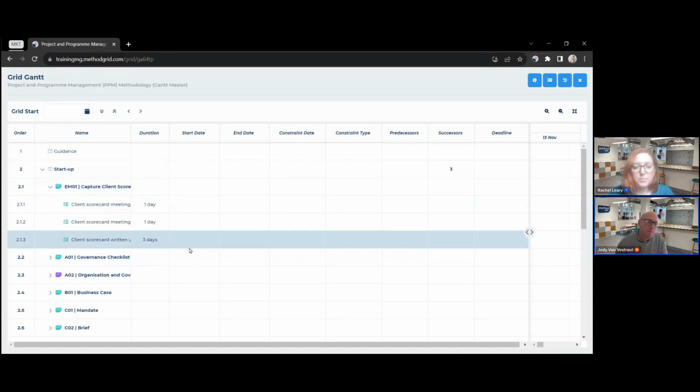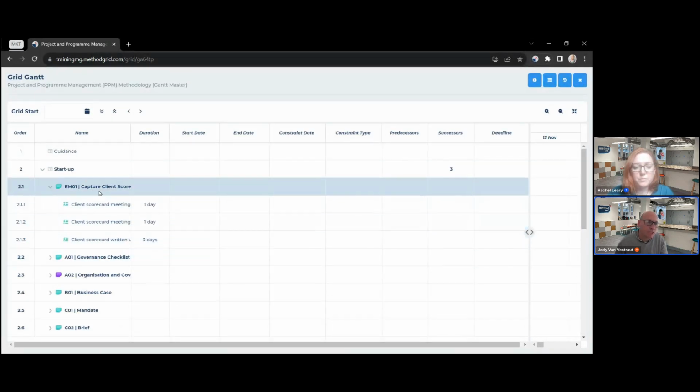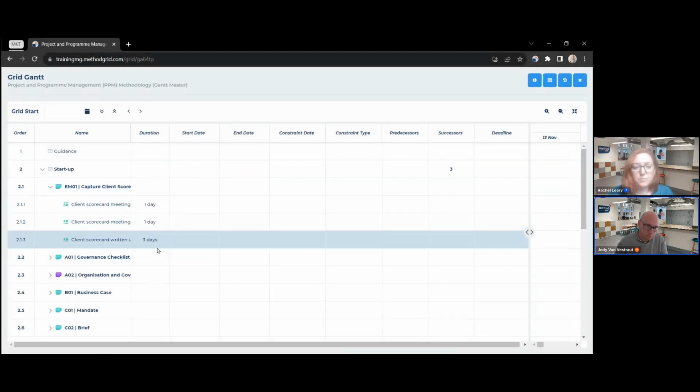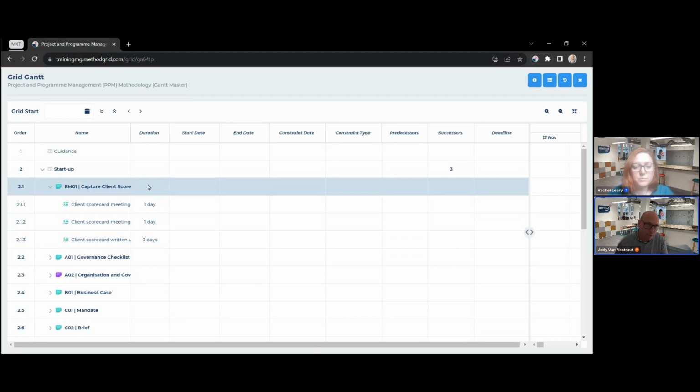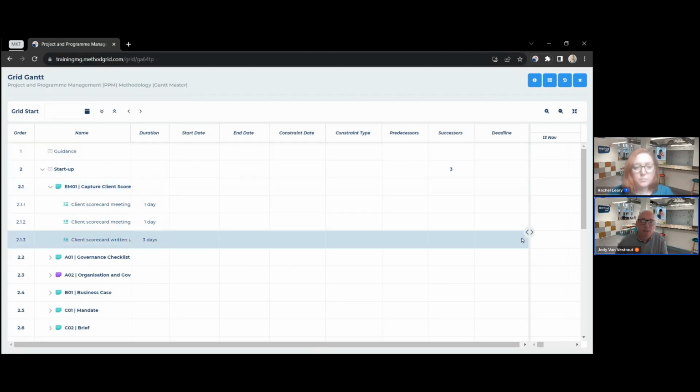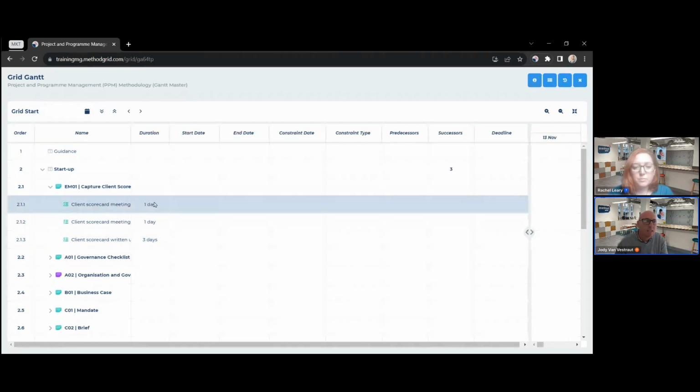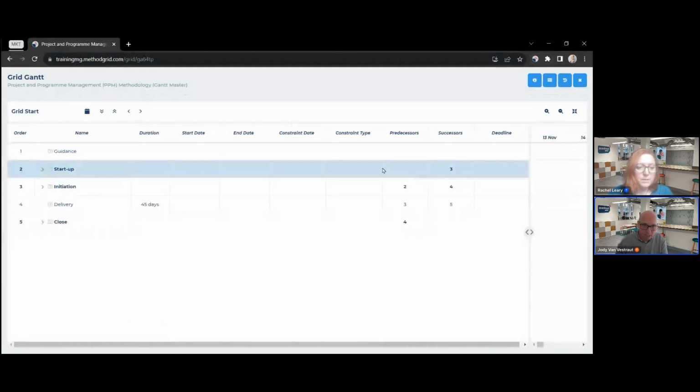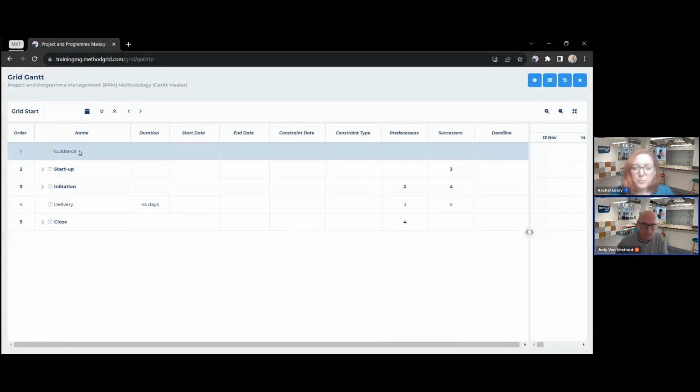I want to say that the way that it inherits in a Gantt, the durations will go up to the element. So this element will have a duration of 4 days and so on, it will go up. And when I clone it and put in a start date, we'll see that all happen automatically. So for the purposes of this, I've just made some simple predecessor-successor relationships between the stages, just at the stage